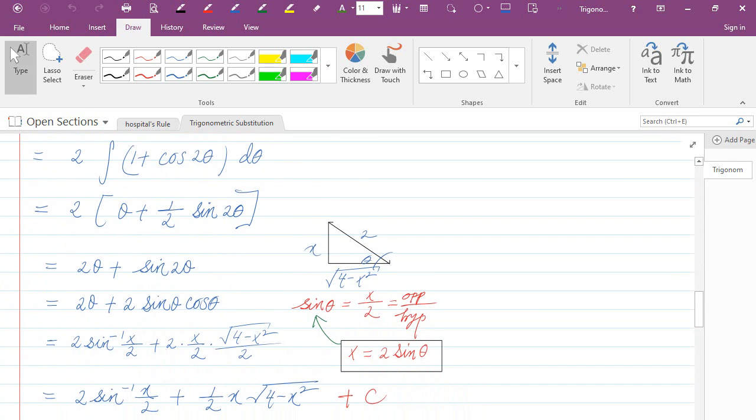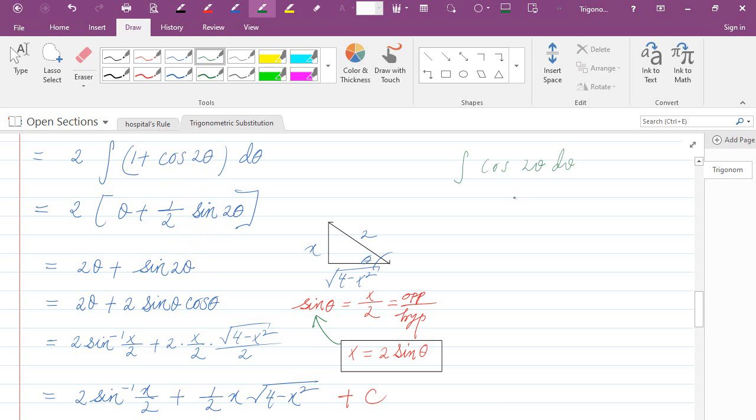Okay, the integral of 1 d theta is just theta, and the integral of cosine 2 theta would be half of sine 2 theta. Okay, so the integral of cosine 2 theta is half sine of 2 theta. If you are not sure why that's the case, if you are doing the integral of cosine 2 theta,